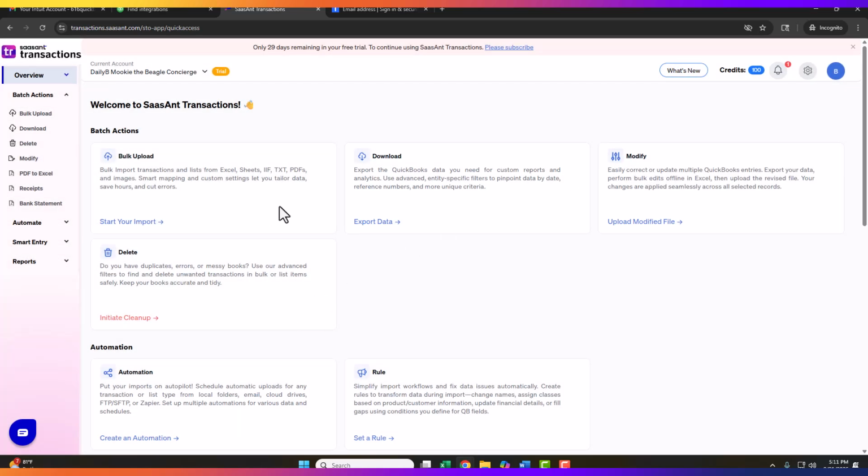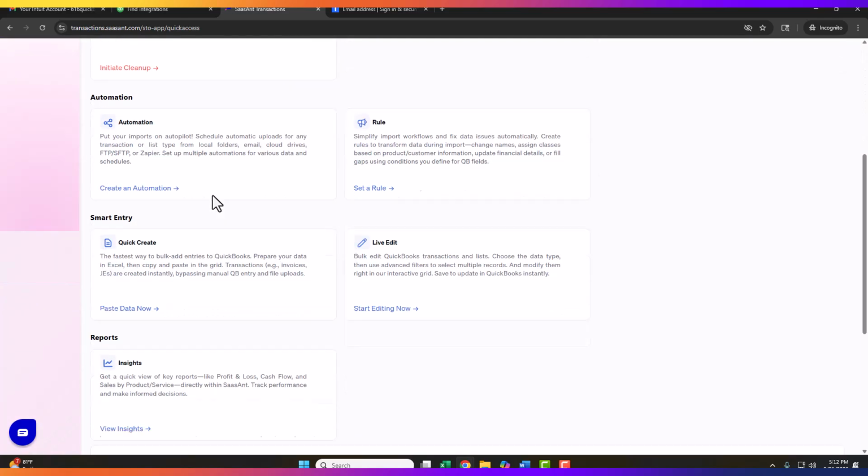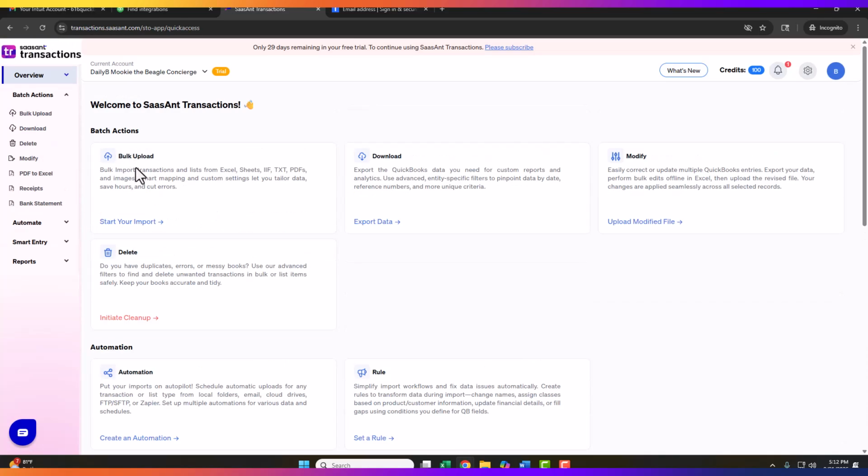And we're in the free trial for this. We have 29 days remaining. We're also limited as to how many rows we can import. I think I mentioned that earlier. The file that I have you importing is within those limits, but if you were actually doing this in real life, you might need to buy a subscription. My friend did, because we needed to import a lot more rows than what we have here today. So what we're going to do here is a bulk upload. So we're going to start your import,